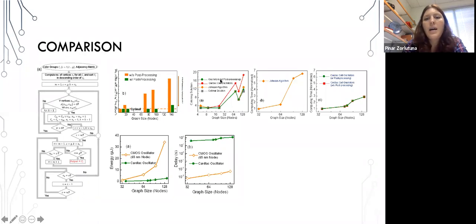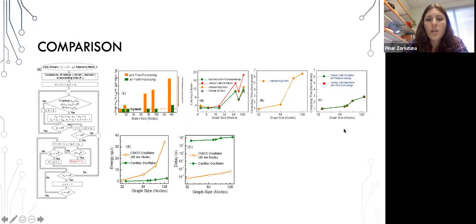Essentially, what's happening is our cardiac-based network ends up being stuck in a local optima, very near to global optima. But because we can go back and check, this post-processing algorithm with that correction, which is a simple and easy thing to do, brings the cardiac oscillator network back to the level of the Johnson algorithm and the CMOS accuracy, while the scaling is, as I mentioned, much better,